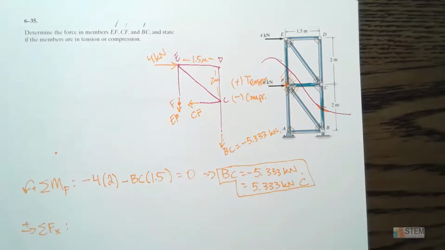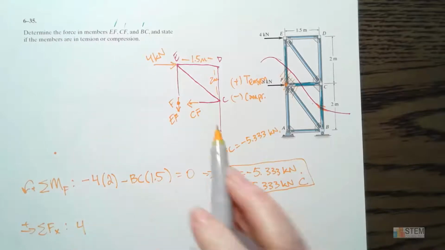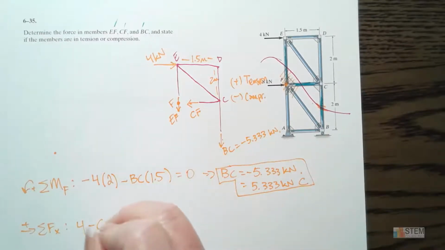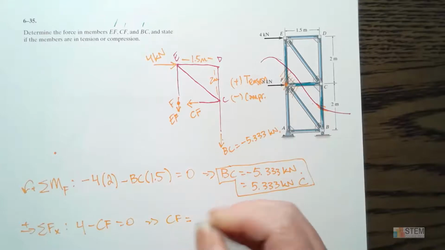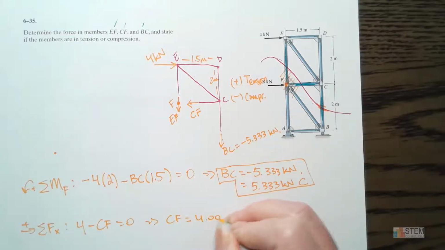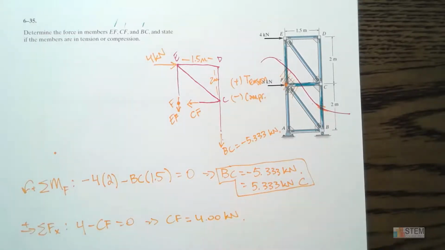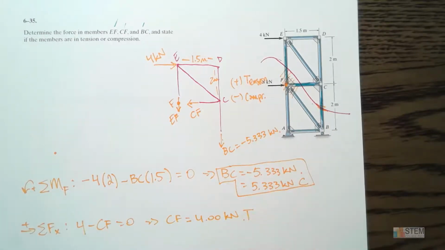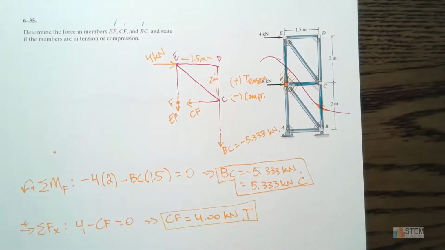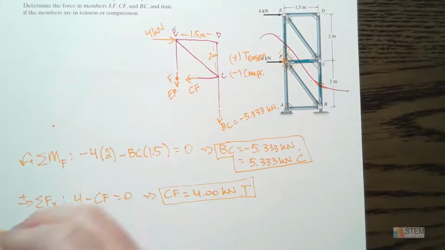And then let's go ahead and do the X and the Y equilibrium equations. All right, so X, I've got a +4, a negative CF, and then that's all we've got, right? That was pretty straightforward there. Set it to 0, so CF then is going to be +4.00 kilonewtons. It's positive, so that means we have that member in tension. Right, so there you go. And then last one,